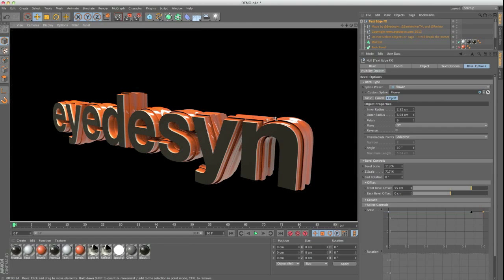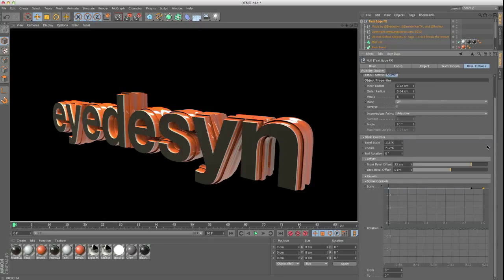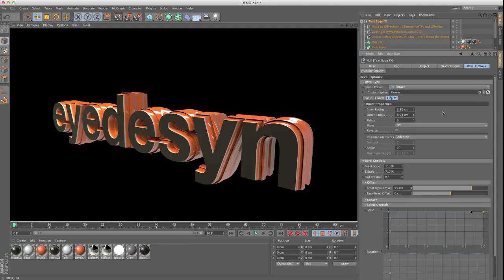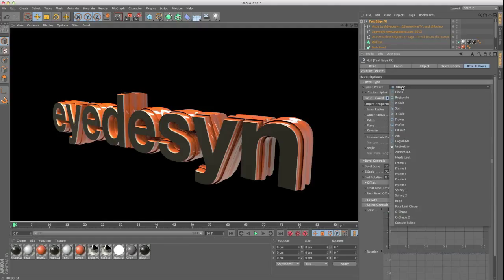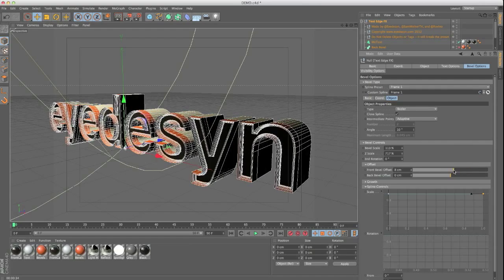Like I said, it's really easy to get really cool results really fast, and there's an endless amount of options. You can spend days and days and days, and you can use this tool for a year and probably not even get close to scratching the surface of the types of bevels you can get with this tool. So there's the flower object, and you can use your normal Cinema 4D objects, and I also threw in a bunch of custom bevels as well. You've got this frame one that looks like a